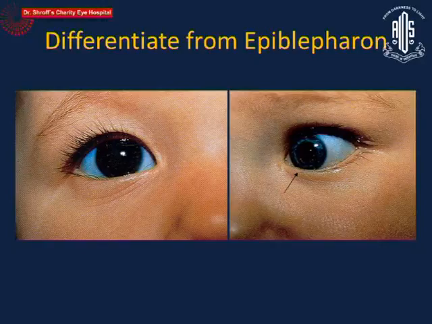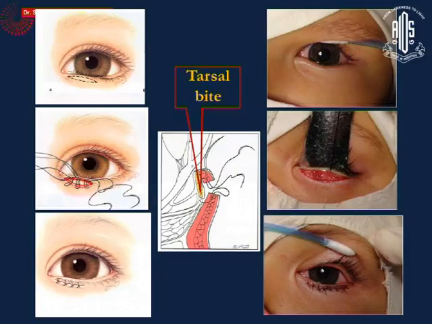It's important to differentiate this entity from epiblepharon, which is basically an extra fold of skin in the lower eyelid area, usually seen in children who have a lot of fat pads of the cheek area. And over a period of time, as the child grows, this usually tends to get corrected on its own. So most of the time, in fact, they do not need any surgical correction unless it's very severe and the eyelashes are actually turning in and rubbing the ocular surface.